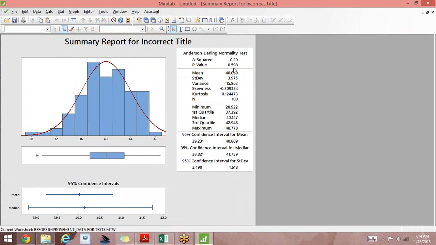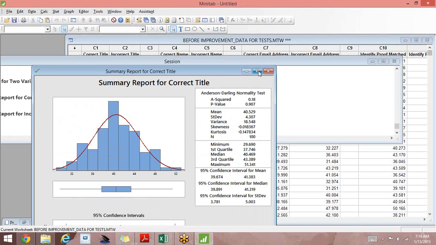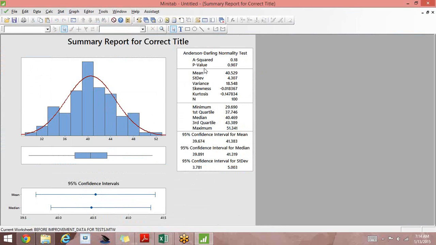It's 0.598. So what do you say, Anuj? Is data normal? Yeah, I just did the normality test. Data is normal for this, you agree. How about this incorrect title? Look at the p-value and comment whether it's normal or not. Yes. If data are normal,